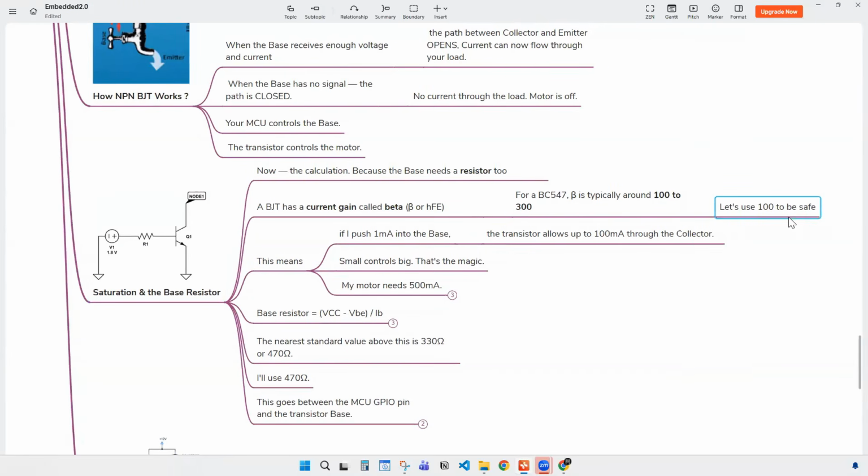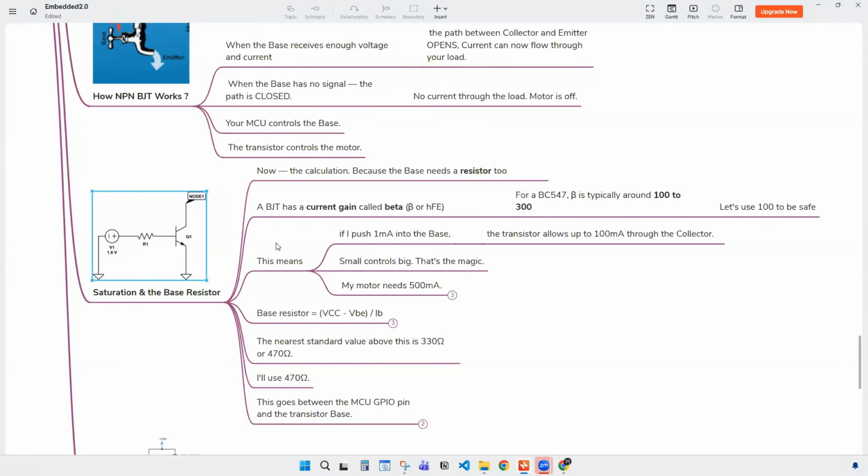Let us consider 100. So if we are pushing 1 milliamp into the base, the transistor is going to allow 100 milliamps through the collector. Small controls big. What do you mean by small controls big? If you are giving 1 milliamp to the base pin, the transistor is going to allow 100 milliamps to